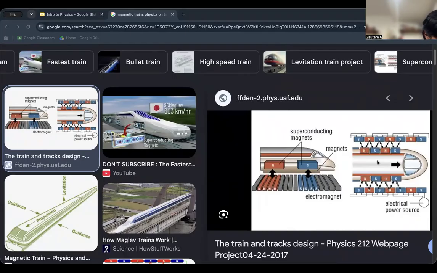Yeah, it is expensive. That's why you don't see too much of them. But it's worth it because it goes faster and it's more efficient. But it is really expensive because it does use superconducting magnets, and working with superconductivity takes a lot of